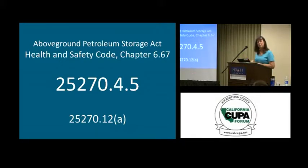This section down here is probably a good one to jot down as well. That's why I have it up on the screen, because that's where you're going to find your APSA penalties. So let's say, for example, you gave multiple notices to a facility for preparing an SPCC plan, as an inspector, or as an industry person, you get multiple notices from an inspector that you need to do your plan, and for whatever reason the facility does not prepare their SPCC plan and close out that violation. Eventually, our job as the CUPA is to use graduated enforcement, and we may end up writing a notice of violation to that facility and escalating that, possibly doing an administrative enforcement case or something like that to gain compliance. And in that case, you would want to refer to this section,